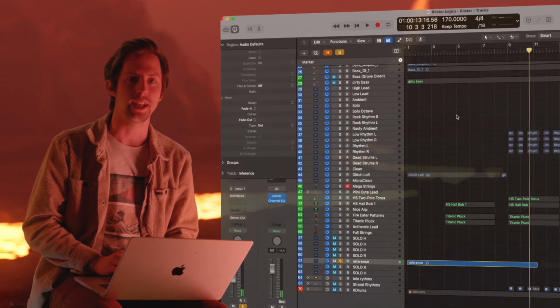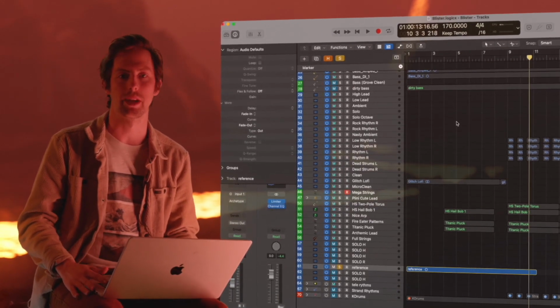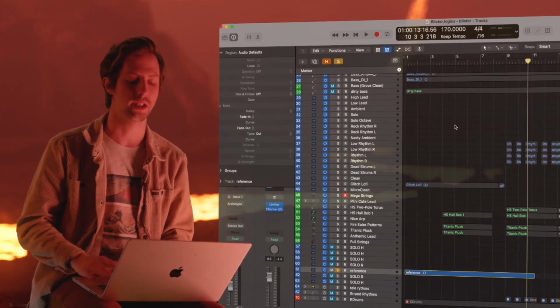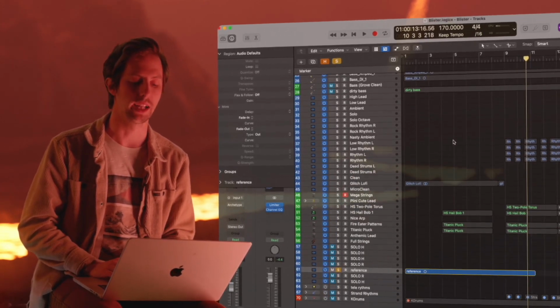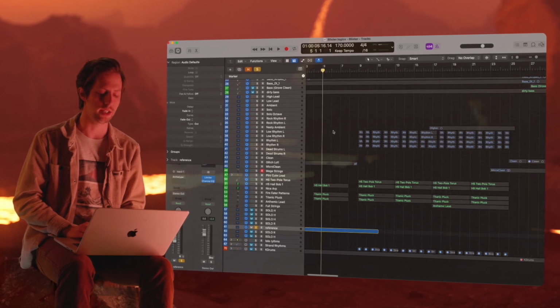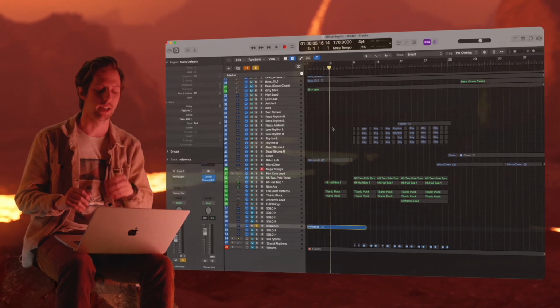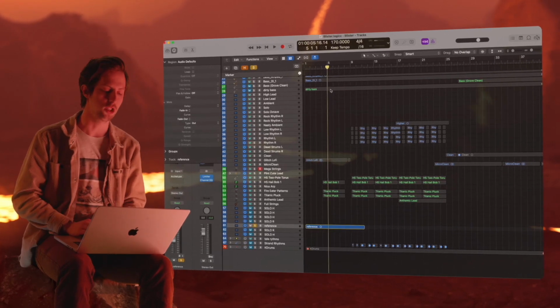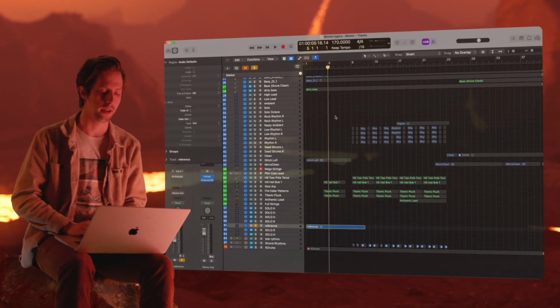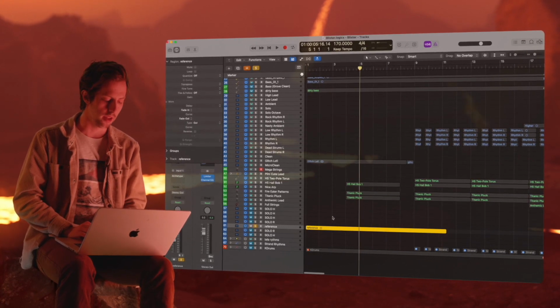Pretty easy to see how this eventually became Blister. I mean, the drum part is almost note for note that intro part. Now, I don't always work this way. It's not always easy for me to hear a song when I just hear a naked drum part. Usually I work the other way around, but in this particular instance, I just threw it into Logic,